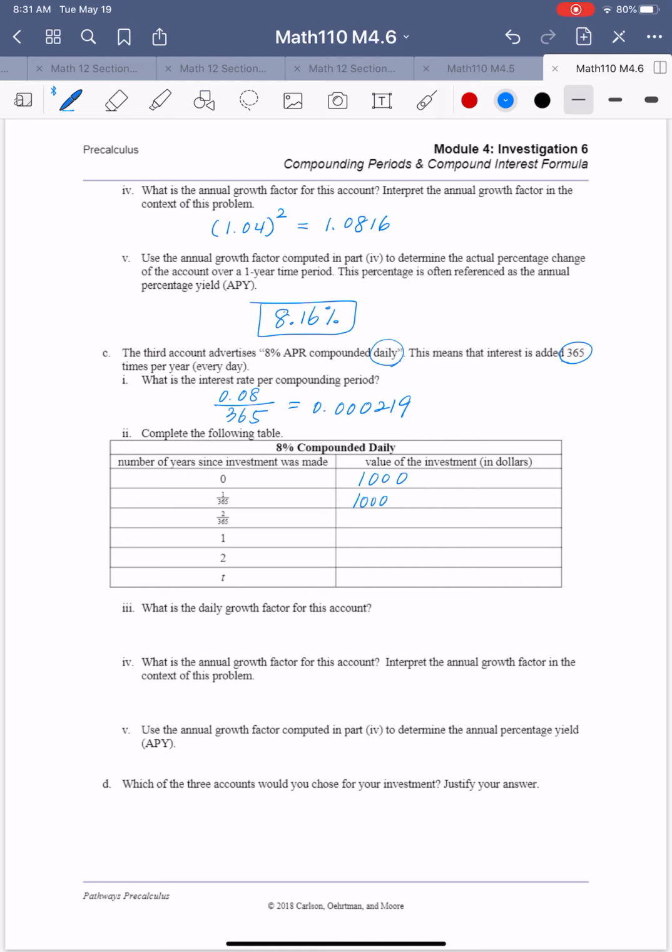1,000 of 1.000219 to the power 1, which is 1,022. And the second day, so 1,000 of 1.000219 squared, which is gonna be 1,044. And then for the first year, which is